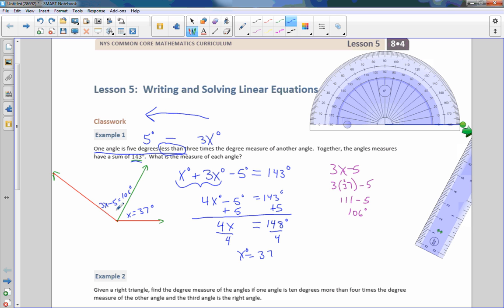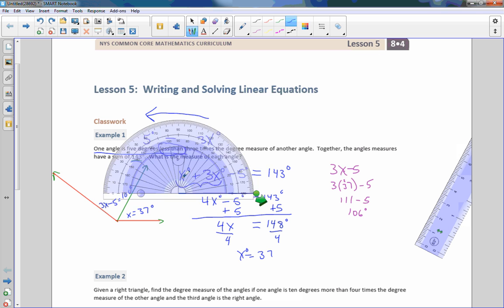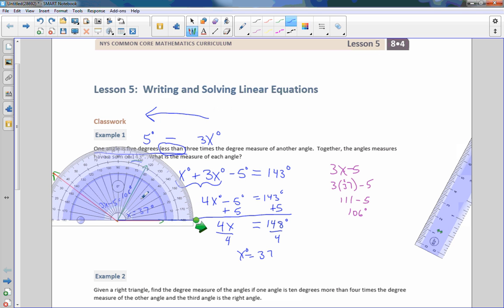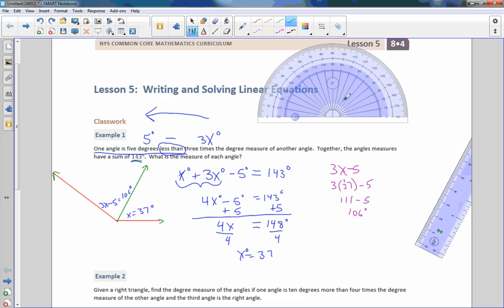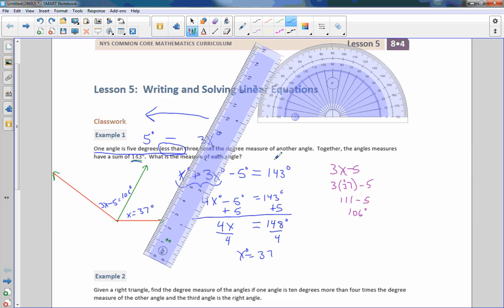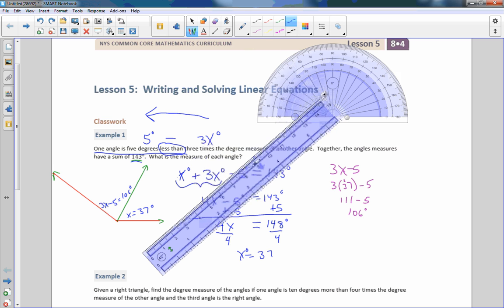So this green arrow would have to move down. And I could actually do that with my protractor now and move it. So then if I put this here, I want an angle measure at 37 degrees. Well, 35 is here, 37 is right about there. Okay. So if I move this, and then of course I could have just done this 37